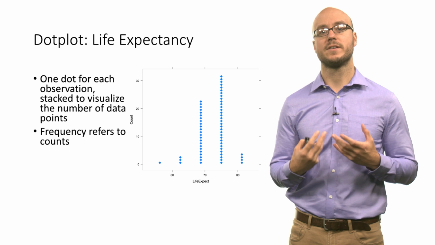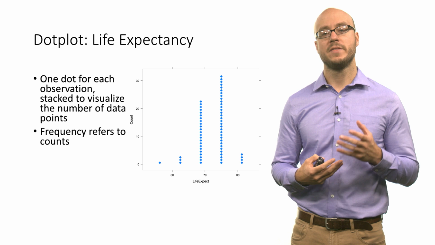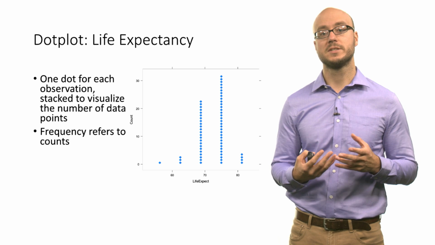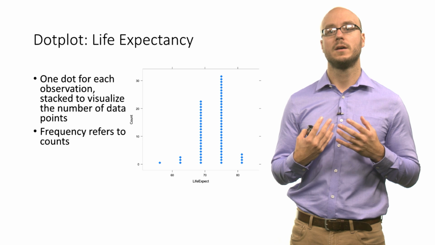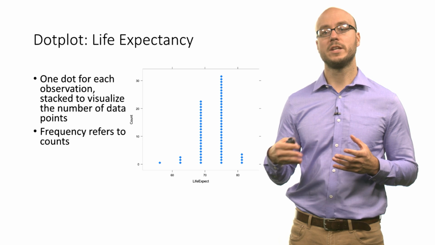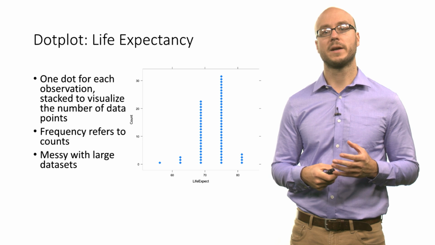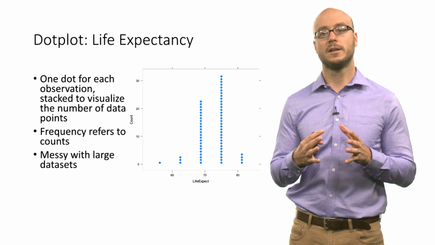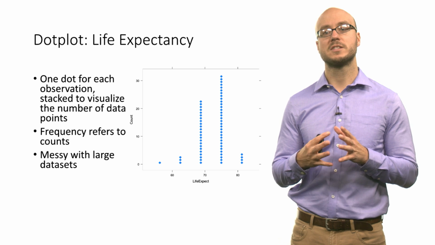Each dot is a different data point or observation. And then on the y-axis, on that vertical axis, we have the frequency, the number of observations or data points for each value of life expectancy. So you can see here that there's some clustering in terms of life expectancy, but